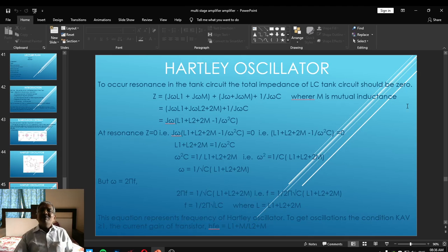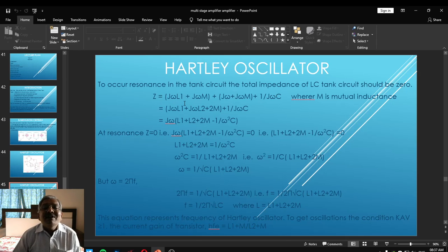And when the net impedance becomes equal to 0, then we can say the maximum resonating frequency will be generated, and that is what we can call the frequency of an oscillator. To calculate that particular frequency, we are now equating the impedance of the tank circuit, that is Z, equal to